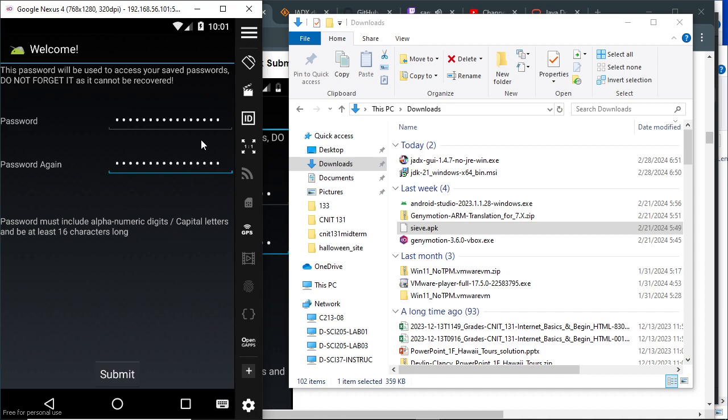Oh, it must include capital letters. Oh, all right, that's what I did wrong. I didn't bother with the capital P because I didn't think it mattered. But you see the policy down there must have capital letters and alphanumeric digits and be at least 16 characters long. So I'll use a capital P, A-S-S-W-O-R-D,